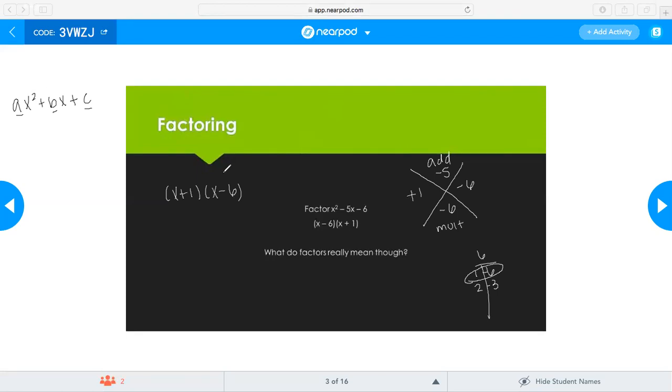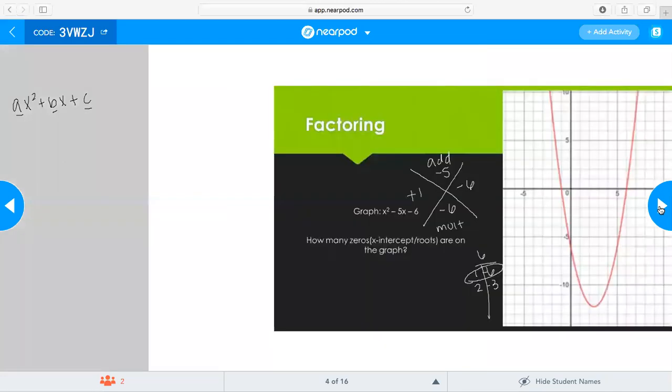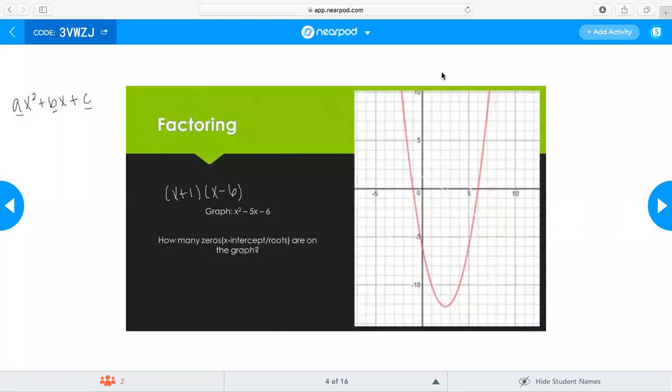But what did factoring mean? What else does that mean other than the two binomials that would multiply to get me the original polynomial, this trinomial? So what we're talking about today is what does that mean and how can I use the quadratic formula as well? So if I actually graph this on a graph,